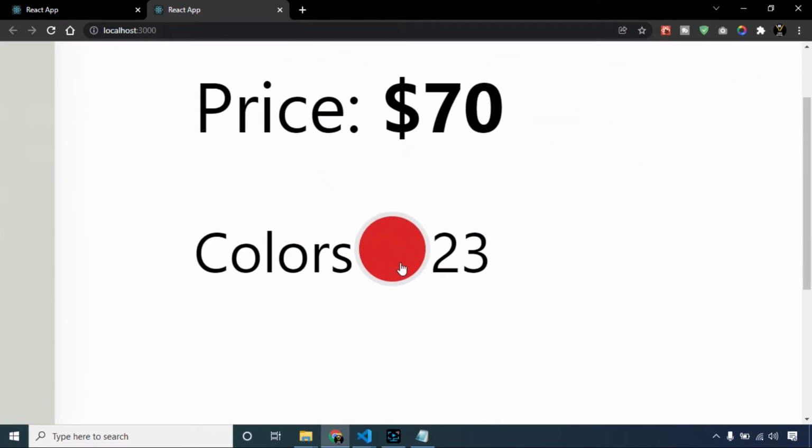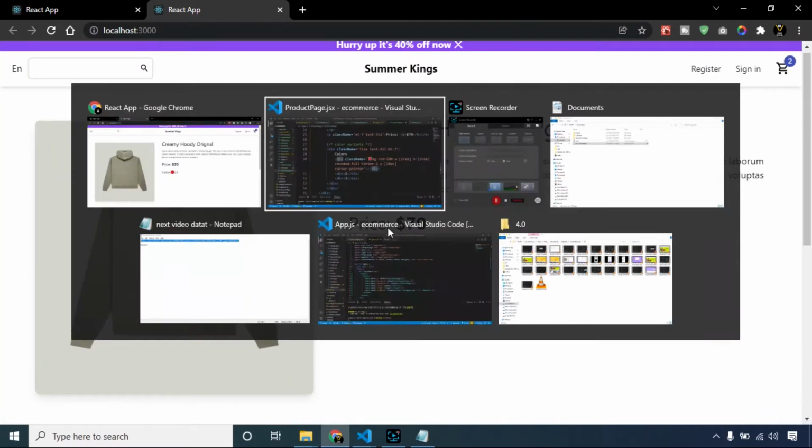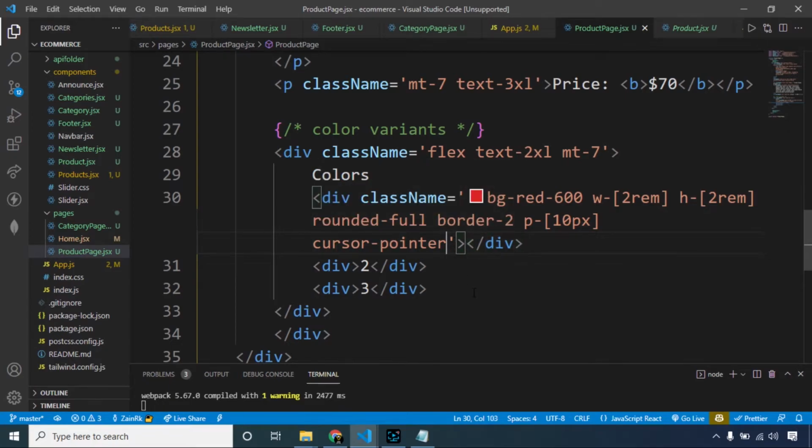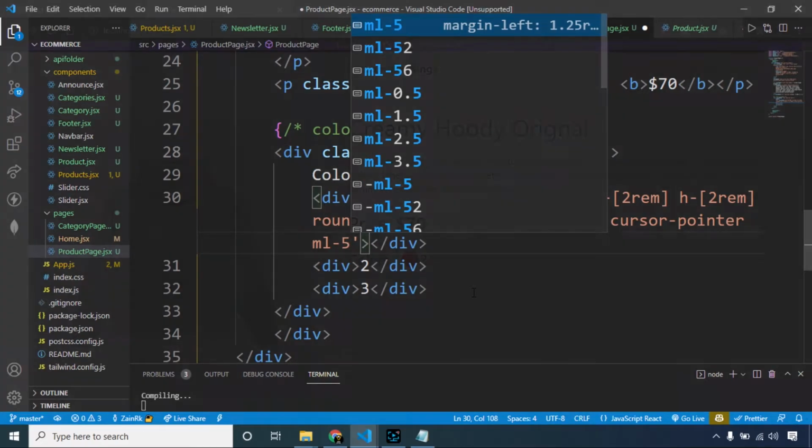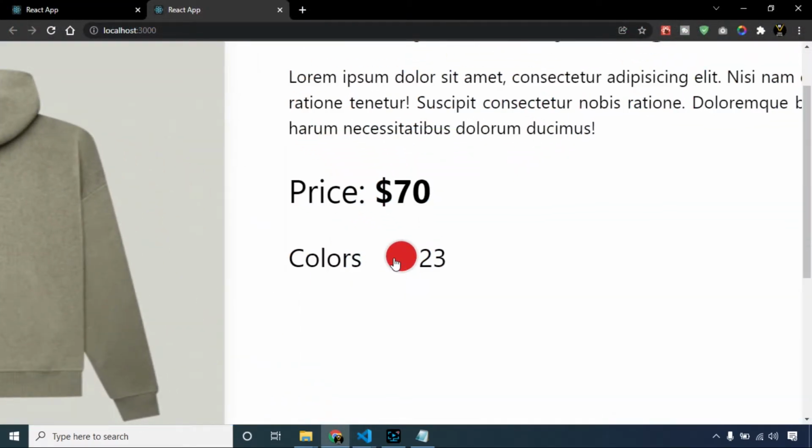You can see a silver border around the div, so it is giving a nice effect, but we should also have some margin between the colors and this div. So in order to make this, I am giving margin left of 5. Now it is perfectly aligned.